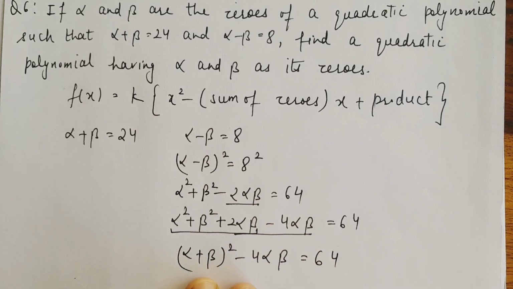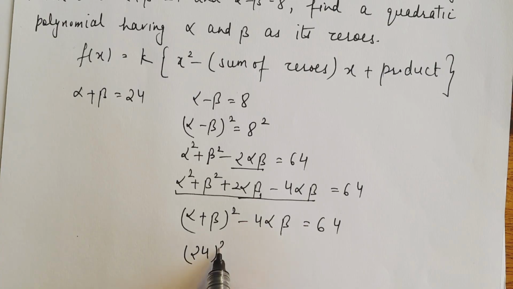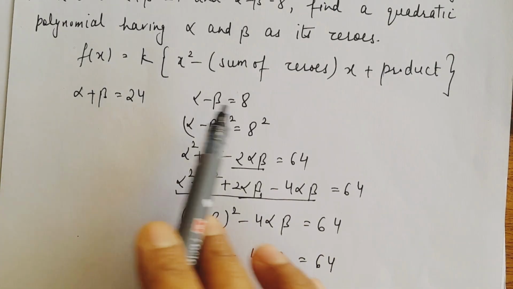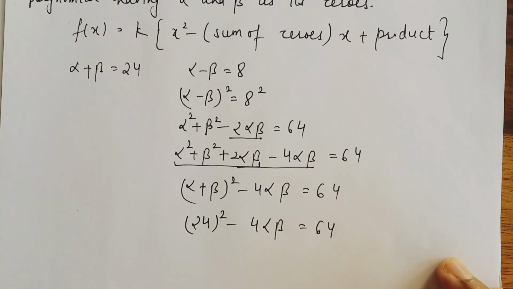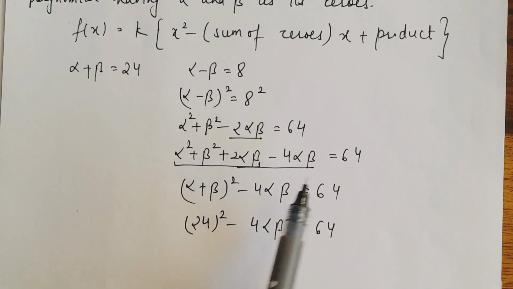And we have the value of alpha plus beta, that is 24, so we will substitute here. In most of the questions we will be doing like this कि कोई भी जो भी दिया उसका हम स्क्वायर करके देखेंगे, प्लस माइनस करके देखेंगे तो रिक्वायर्ड रिजल्ट अपने आप आ जाएगा। होल स्क्वायर किया हमने, बस इसको रीअरेंज किया है।